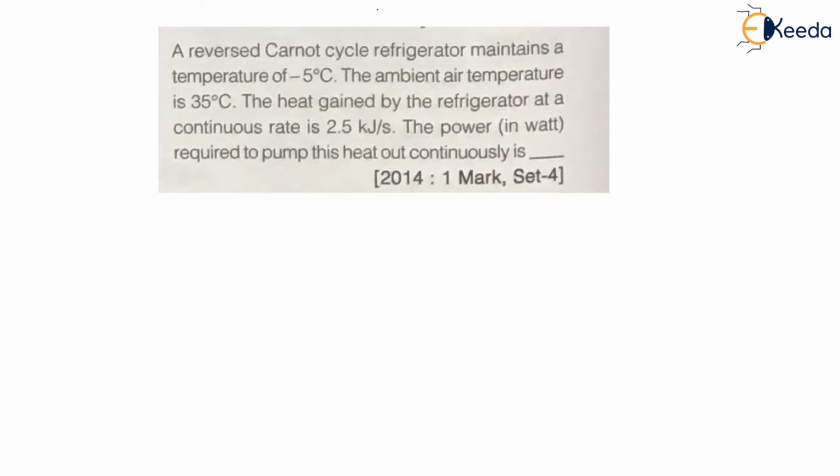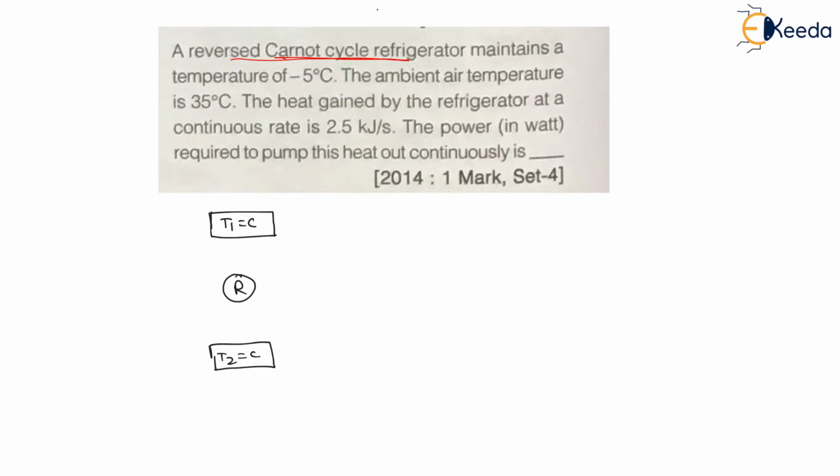Now here, let us first draw the reverse Carnot cycle. Now here we will see the reverse Carnot refrigerator. A reverse Carnot refrigerator operates between two temperature reservoirs. One is the higher temperature reservoir, which is T1, and this temperature is constant, and there is the other lower temperature reservoir, which is T2. This T2 is also constant, and between these there is a refrigerator.